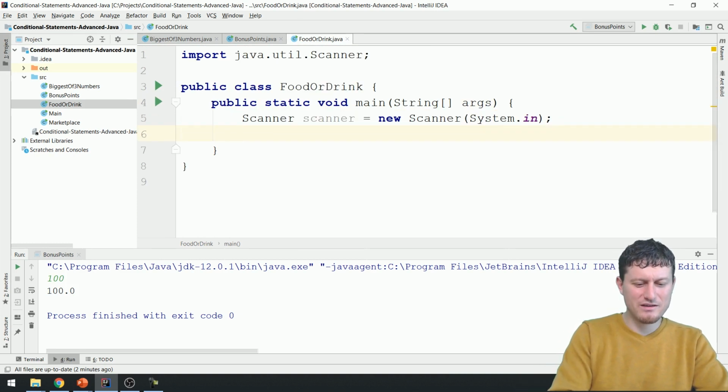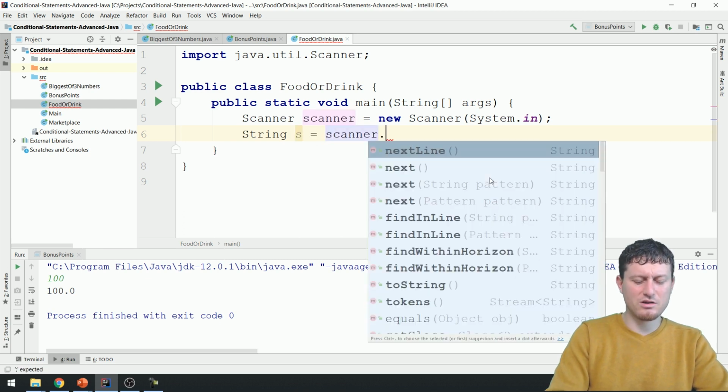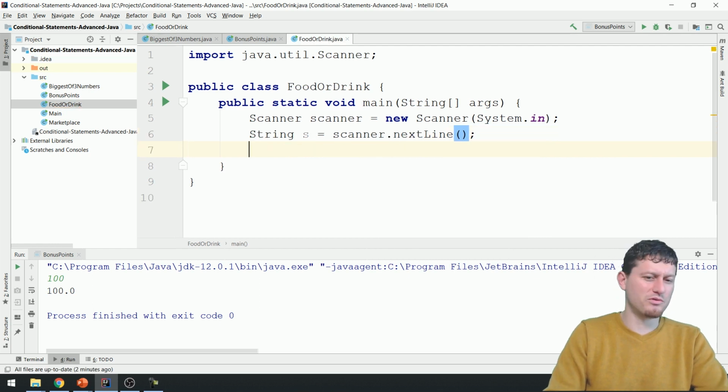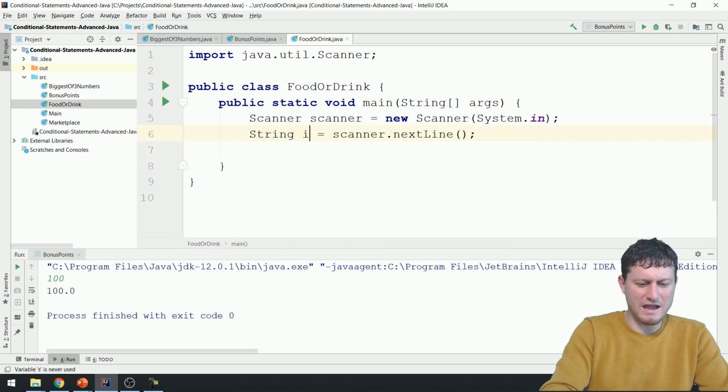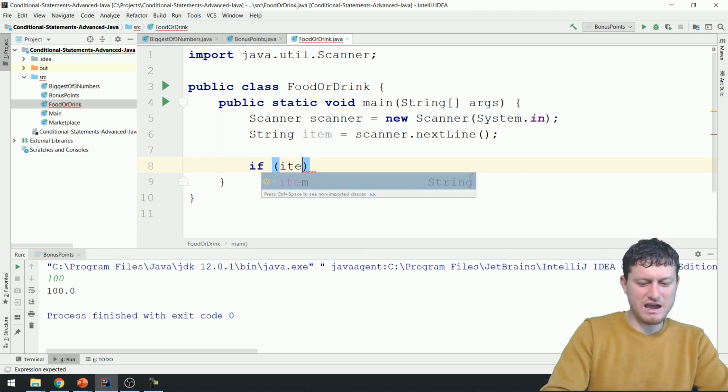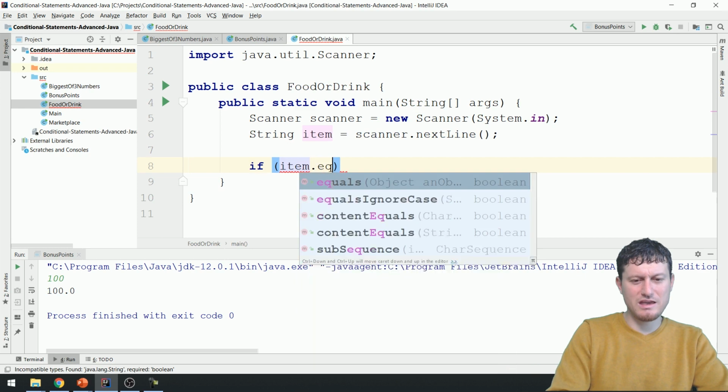I'll have a string with capital S equals scanner.next. S is our input or item, for example. It might be item. If the item is